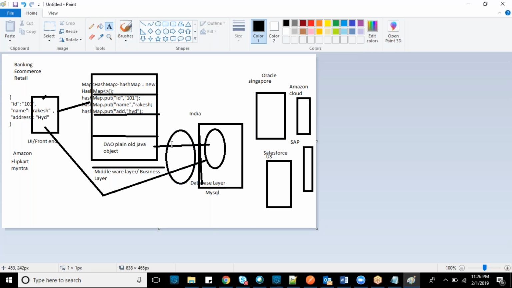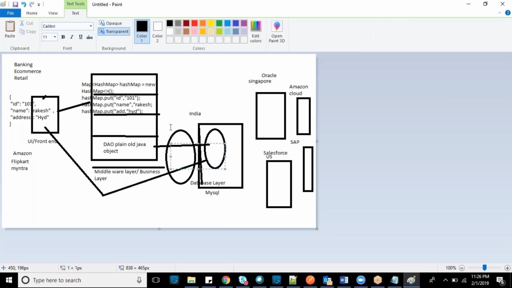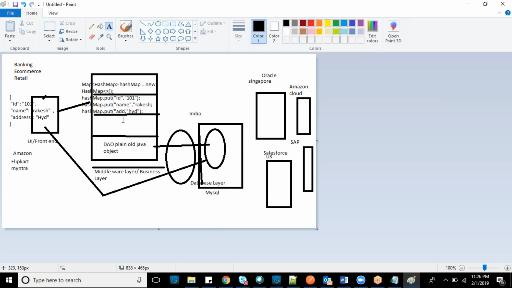A lot of story in the sense that, for example, there will be relations, multiple tables. I would like to feed this data into two tables. Of course there will be a lot of story there, but currently it is not required. I'm just giving you a plain idea of how a plain JSON object is fed into the database. You got that, right? It's clear.